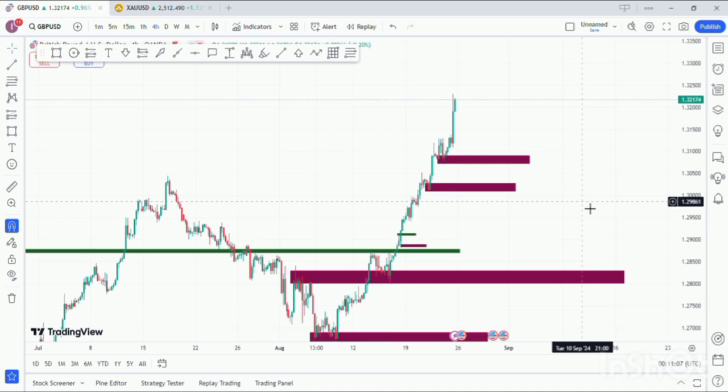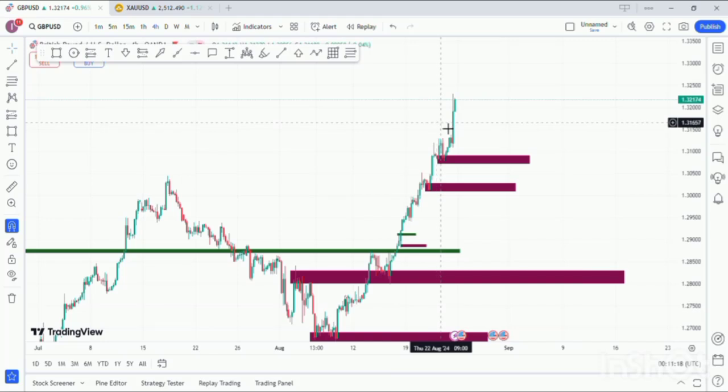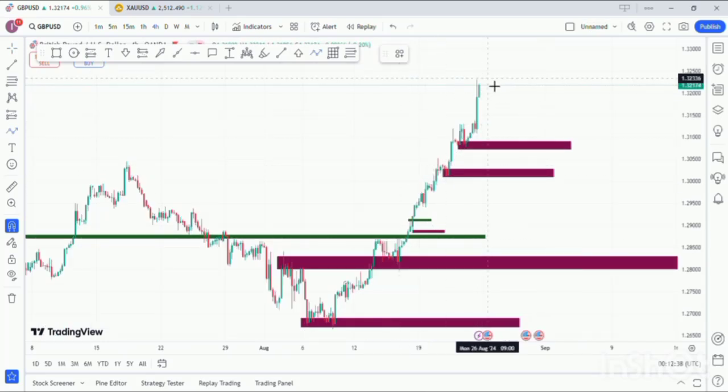So guys, right here on the 4 hour time frame for GBPUSD, as you can see, this was a resistance zone which links directly to this zone, of which price broke out from. So we're expecting price to move downward to retest this zone, thereby turning it into a support before continuing upward, guys. But on the flip side, if price decides to move downward from where it is, guys, we'll be